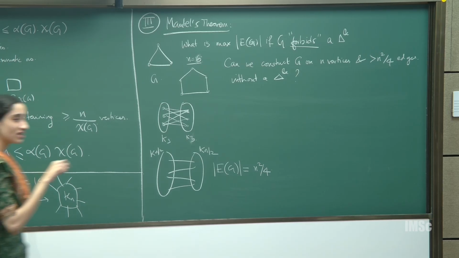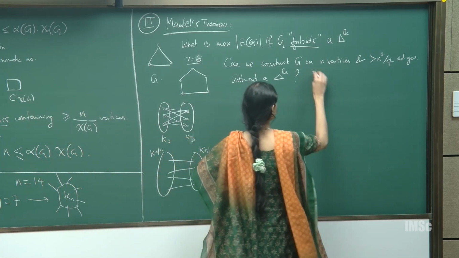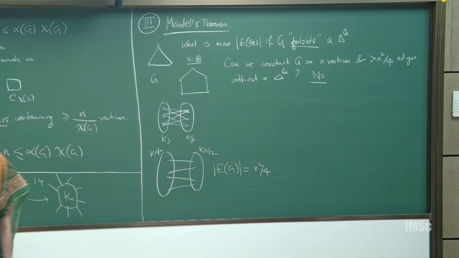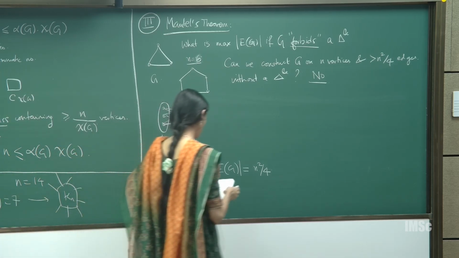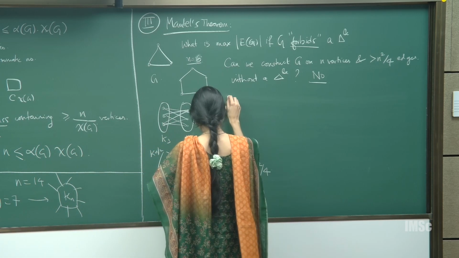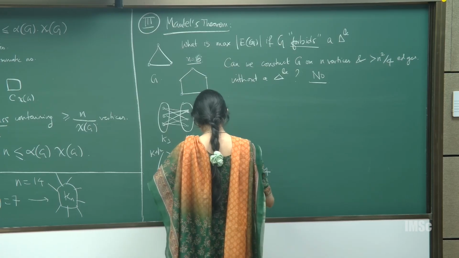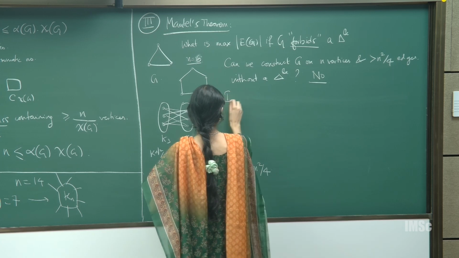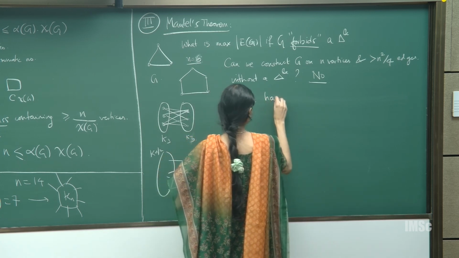Okay, so maybe I'll give you the answer and then we'll try to prove it. So if G is a graph on n vertices that has greater than n square by 4 edges, then it will always have a triangle. Okay, so that's what we want to show. So let me write the statement here. Yeah, it's just this. If G has